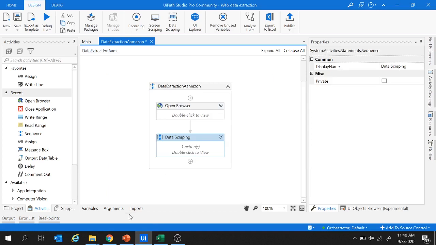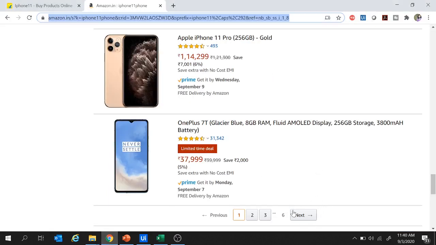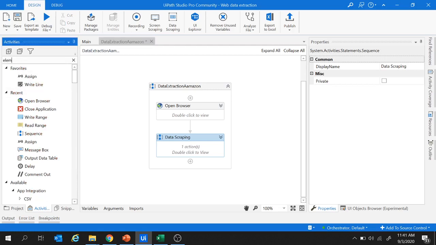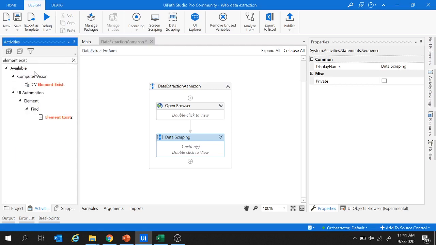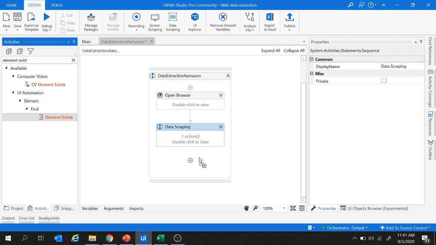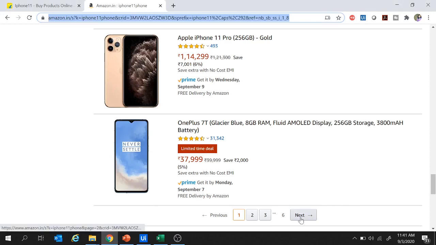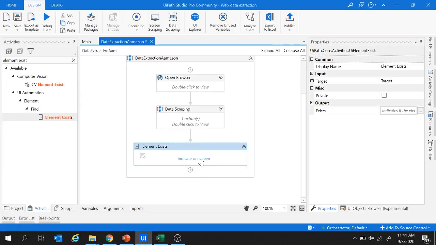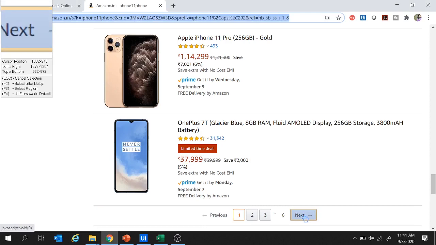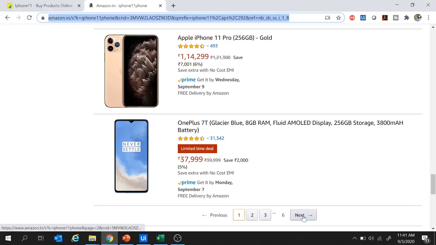Now our next step in the project is to check whether this next button exists or not, and if this next button exists, click on the next button and then extract the data. So first we will check whether this next button exists or not using the activity element exists. Let's drag and drop it here, and we will indicate this next button on the screen. So indicate on the screen and select this next button, highlight this next button and click on that,